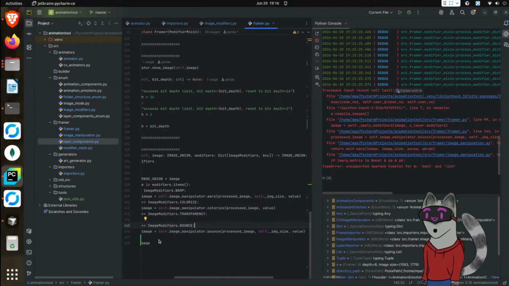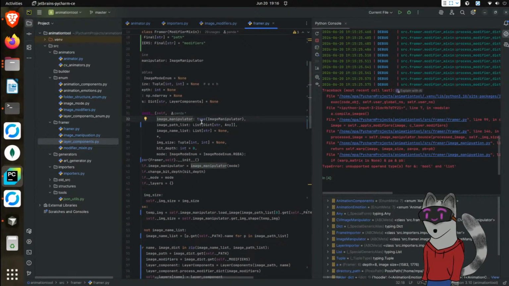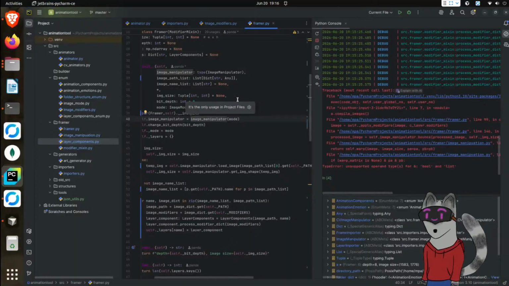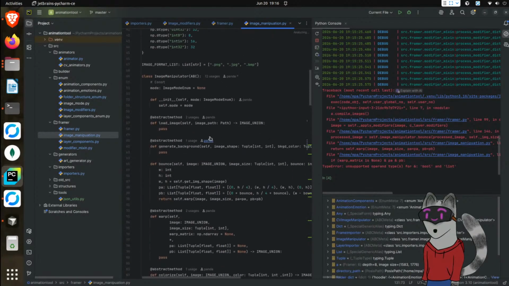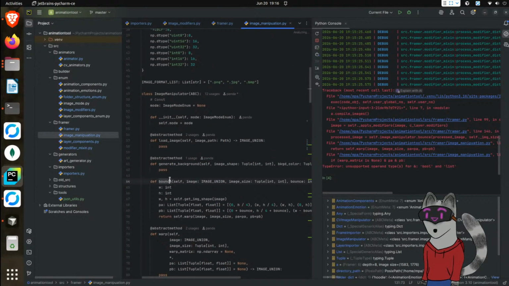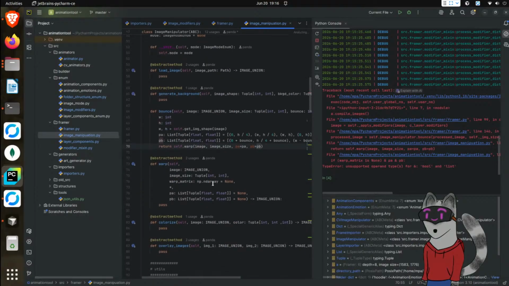So we need to go to image manipulator. All right, let's go to image manipulator. Now we need to go to bounce. So here we then warp, and then we have our image size, and then we put PA and PB. Now,